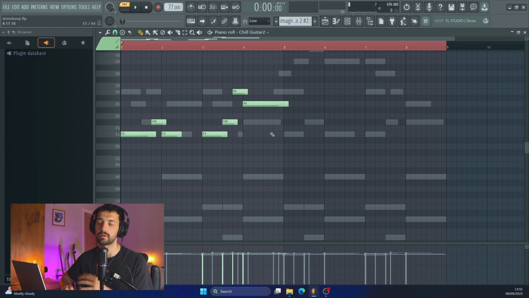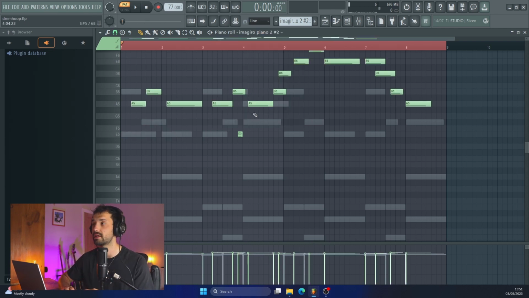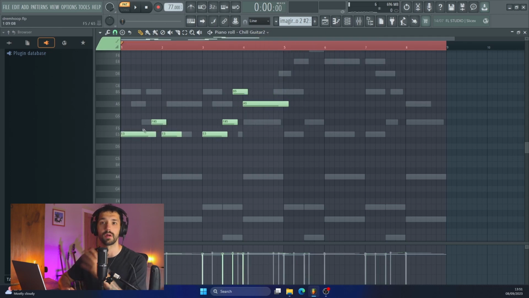Right, so I think we've got something here. I actually ended up going back to that E note, and what that does is it sort of replicates what the piano is doing. If we look at that melody, we have that A, B, A, and then here in the guitar, we go E, F, E. And I suppose at the moment, this is kind of working as a counter melody, but we'll have a talk about counter melodies in a few minutes, so just stick around for that, and then we will add another melody